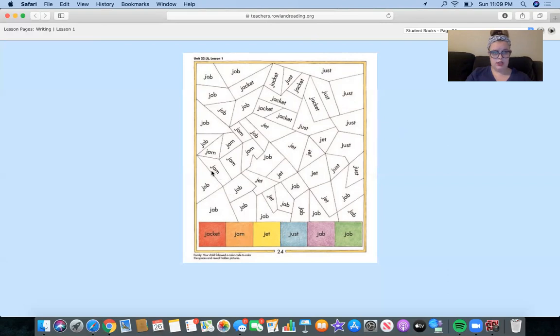I see jam right here, right here, right here, right here. I see jam here. I see jam here. You see any more? I think that's all of them. So make sure you color all of these orange. When we finish this coloring, you're gonna have a secret message revealed. Get ready. Once you're done with orange, pause it if you're not done with orange, and then get your